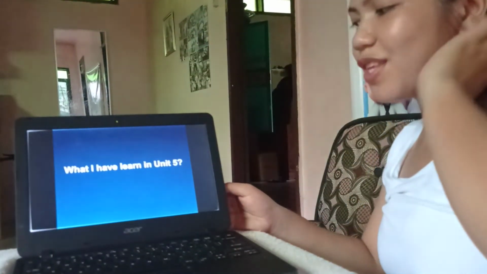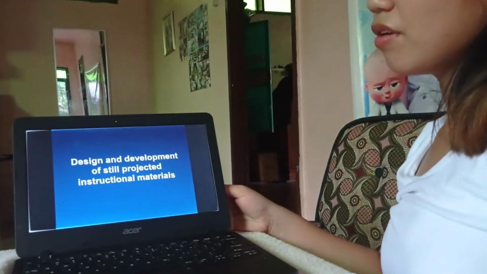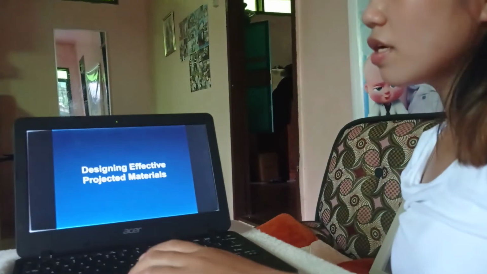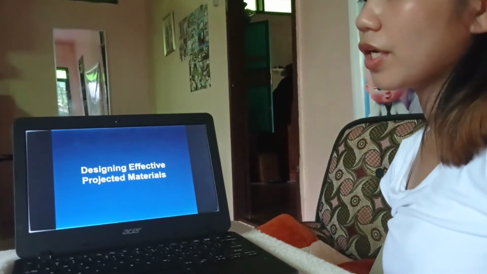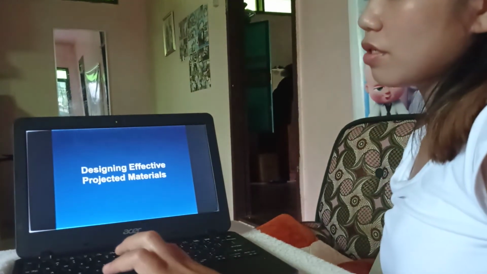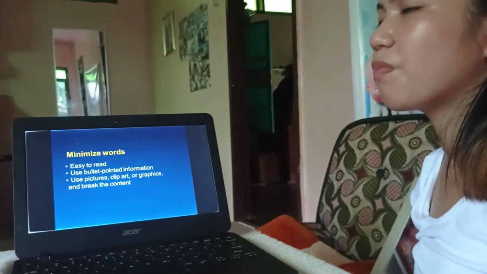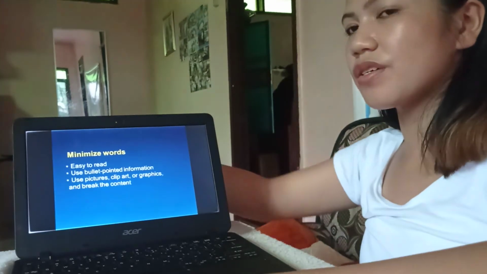I have learned in Unit 5. Unit 5 is all about designing and development of self-projected instructional materials. It talks about designing effective projected materials. In designing effective projected materials, we need to minimize the words so the viewers or the audience will easily